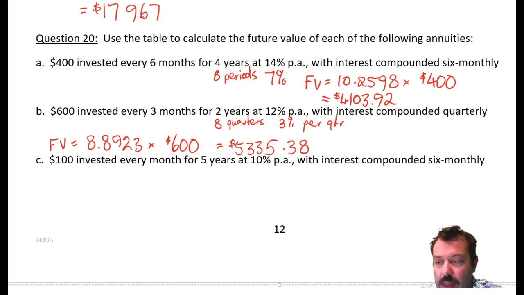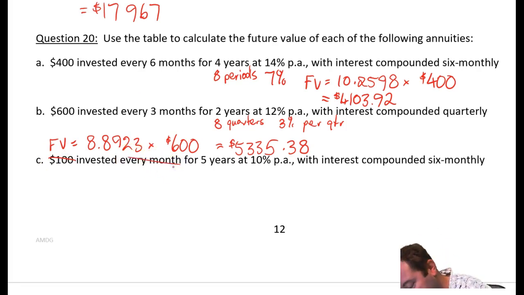If I put $100 every month into an account for 5 years, 10% per annum, and the interest is compounded 6 monthly, then essentially, whether I put $1 in every month, $100 every month, or $600 every 6 months, because the interest is not being calculated in between, those two situations would be the same. So as with compound interest, the compounding frequency is the one thing we can't really change. So I'm going to change here my $100 per month,